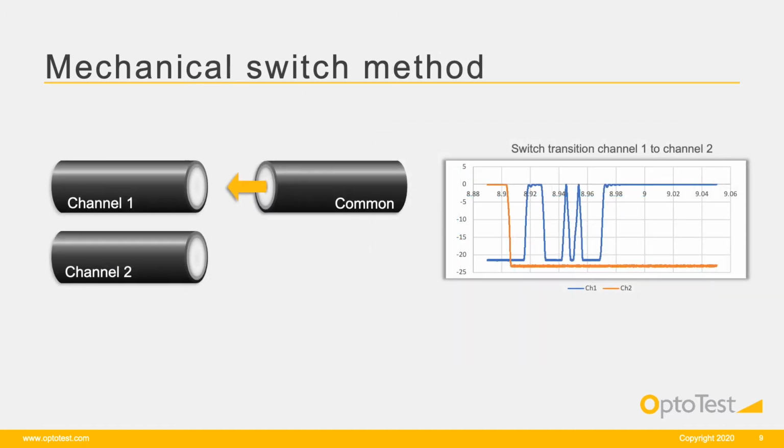To understand what is happening, one needs to look at how mechanical switches are constructed and controlled. Typically, the common port is aligned with the active port. When the switch changes channels, the common port is moved into alignment with the destination channel. To quickly get to the channel, the motor driving the switch needs to quickly move.